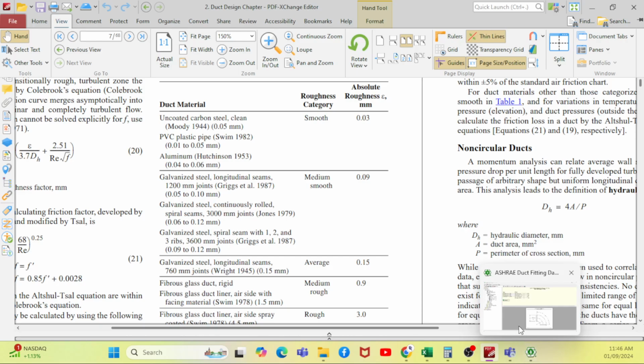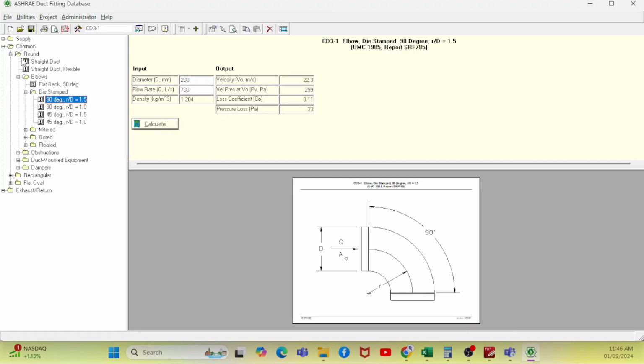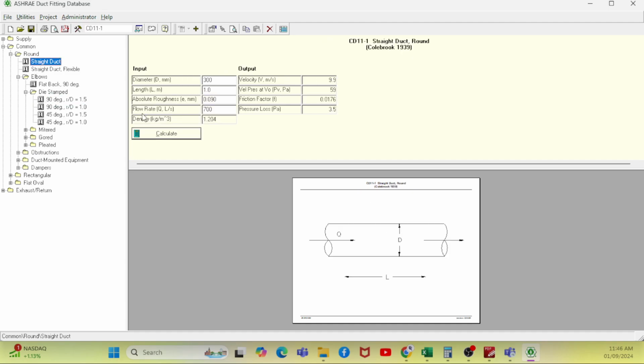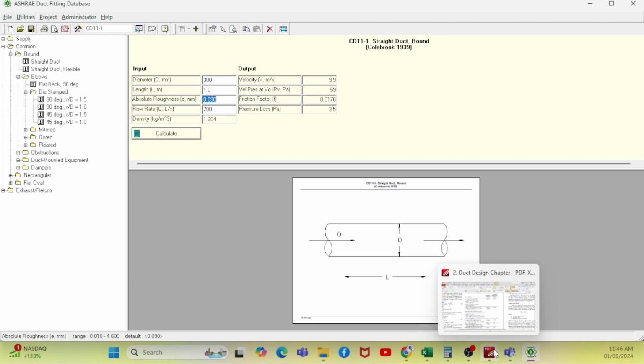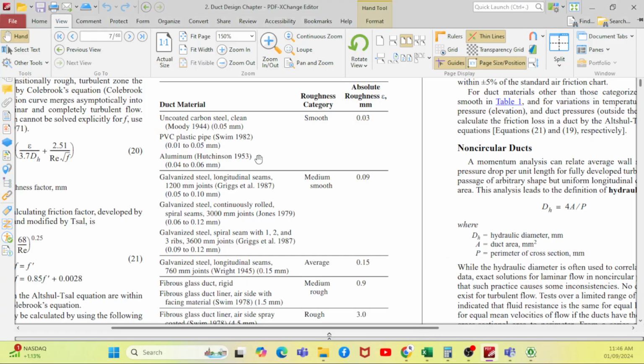If you go to the ASHRAE standard, and go to any straight duct, you can see the absolute roughness; this is the value that will be taken. If you are using a different type of material, then you can enter a different value, and your pressure drop will be calculated accordingly. And if I go to, in general,